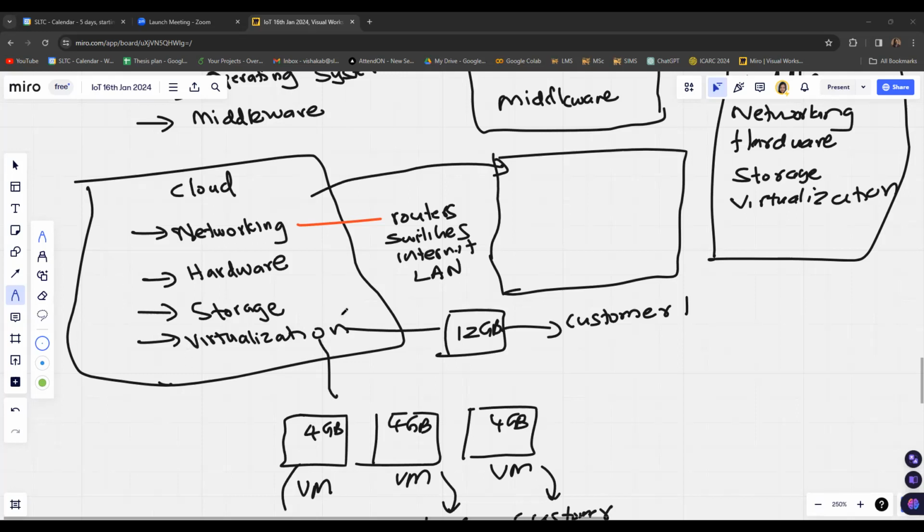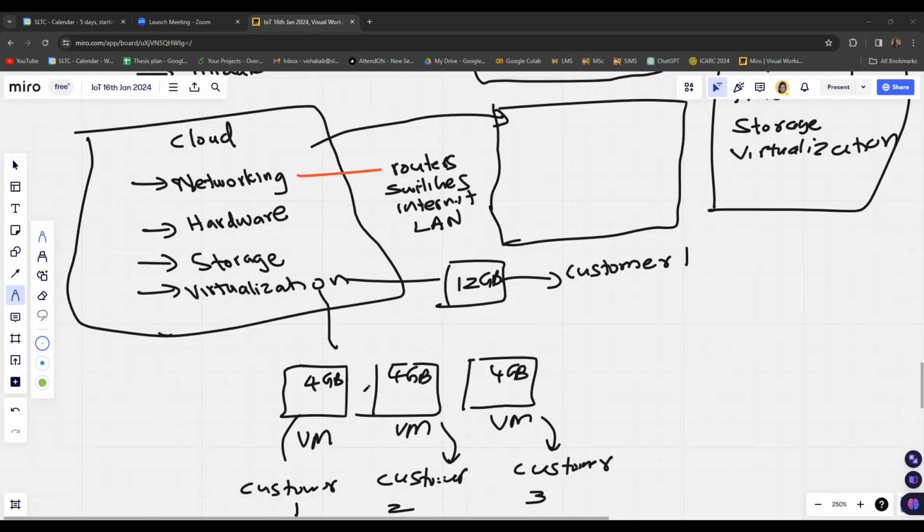Then also it provides you with the virtualization software. So the cloud service provider will provide you with this virtualization software. The importance of this virtualization software is that once you have it, it increases the flexibility of using a certain space in the cloud server for different purposes. You can use the same space for different activities and different applications.